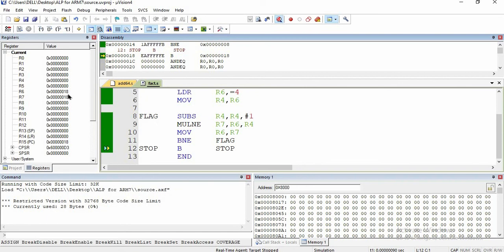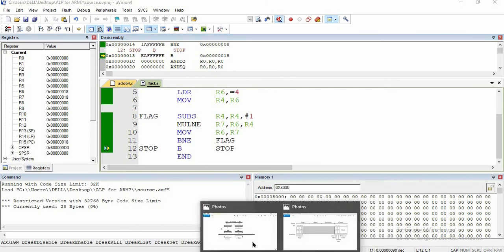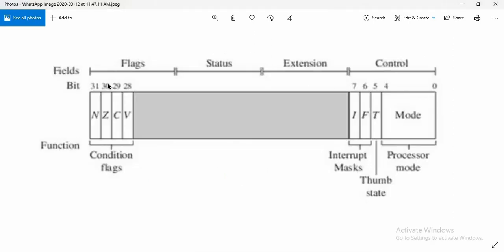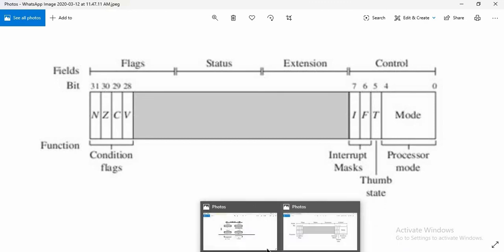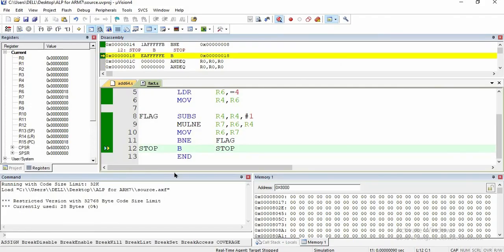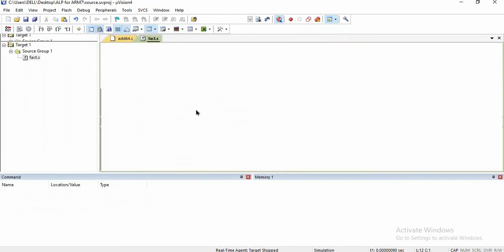This is hexadecimal. When it is converted into decimal, it will be 24. You can see over here our CPSR has become 6, that is our 0 flag is set to 1 and our carry flag is also set, so it is giving 6 over there. So when 18 is converted into decimal, we will get 24. So this was it. I am going to stop the debug session.